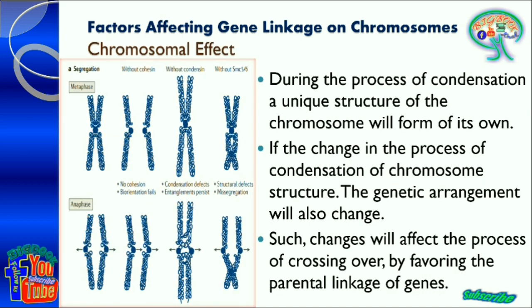Chromosomal effect. During the process of condensation, a unique structure of the chromosome forms on its own. If there is a change in the process of condensation of the chromosome structure, the genetic arrangement will also change. Such changes will affect the process of crossing over by favoring the parental linkage of genes. Now here, it is a very rarely happening phenomenon, because in labs they have done some experiments and have got